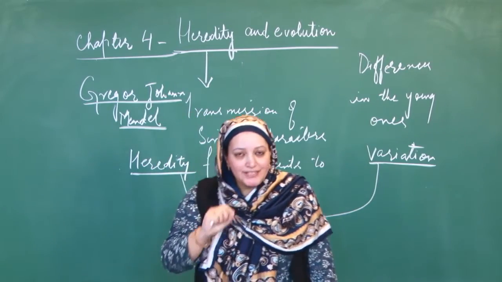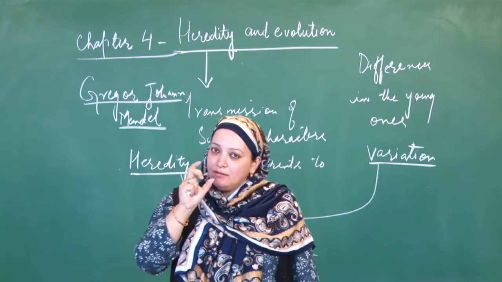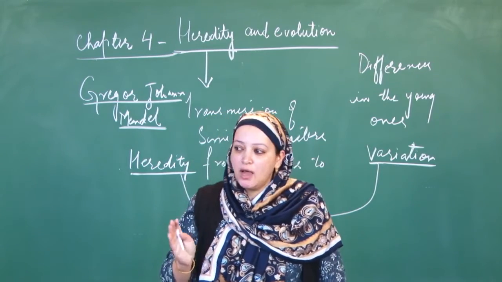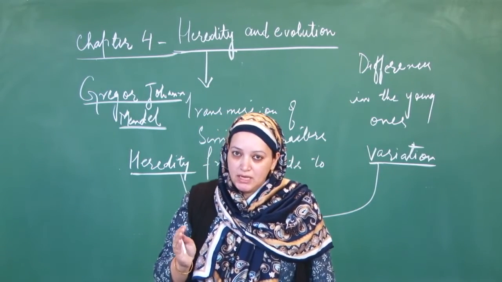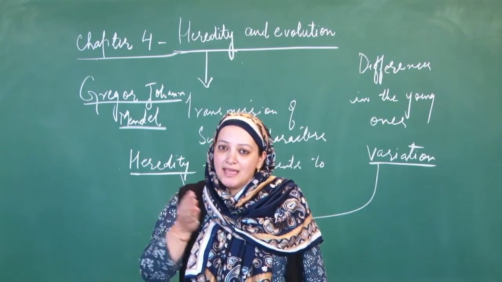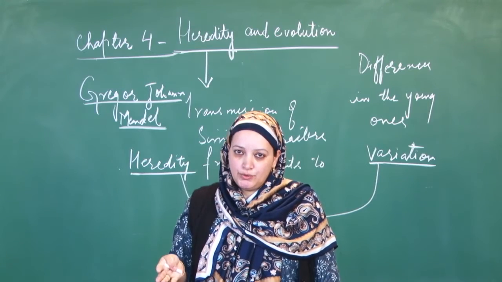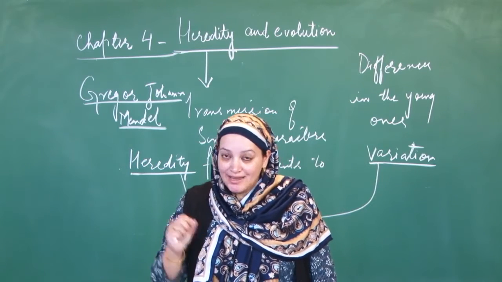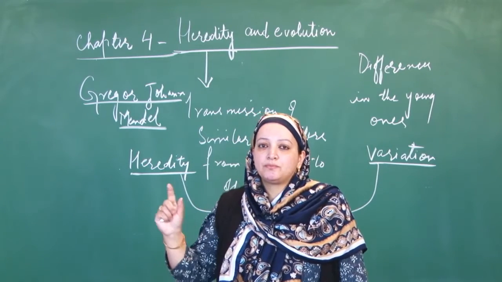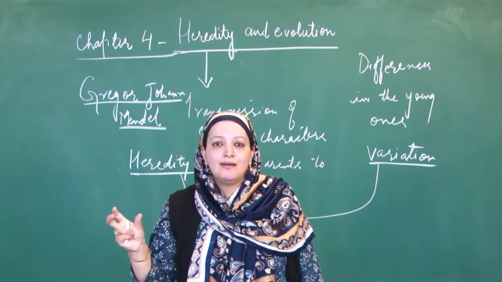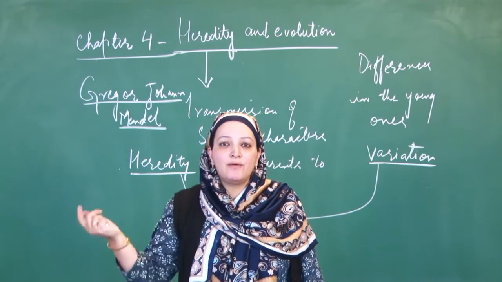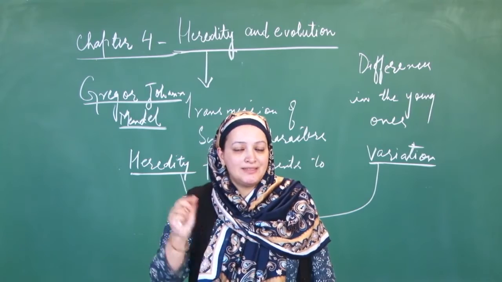As you have already studied in reproduction, the reproductive cells or the sex cells have only half the number of chromosomes. This means when the gametes are formed, that is the sperm and the ova, they carry only half the number of chromosomes. So that can lead to variation. That is one of the reasons for variation. The second reason for variation is chance pairing of chromosomes during fertilization, because two chromosomes come from the two different parents,